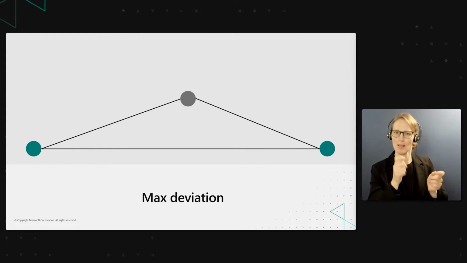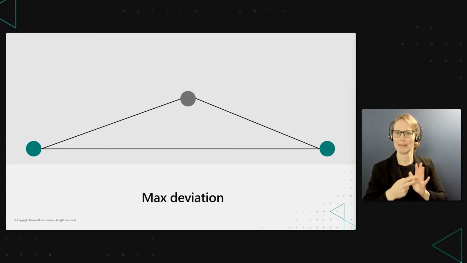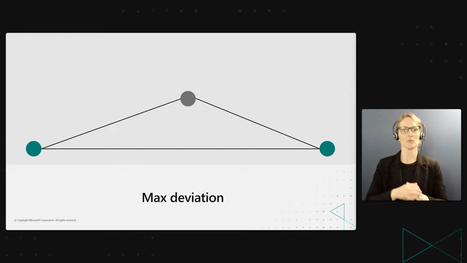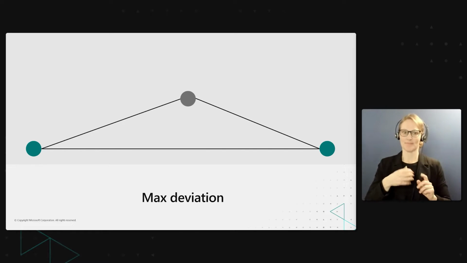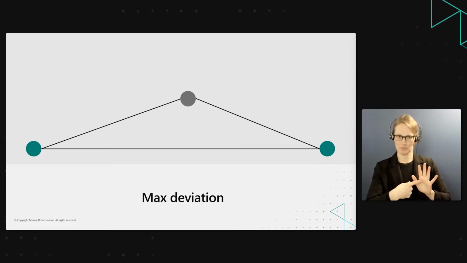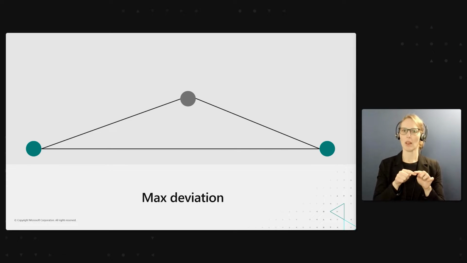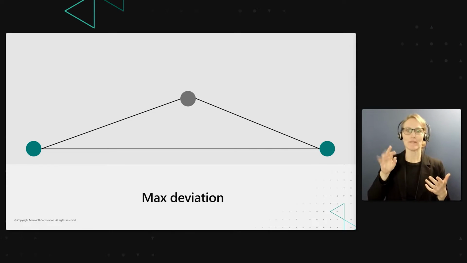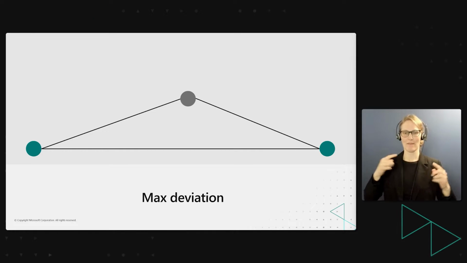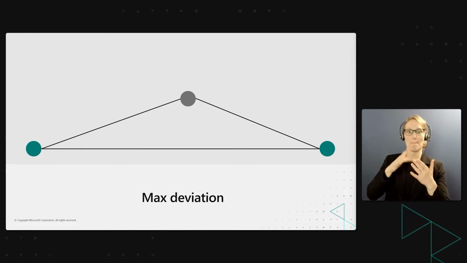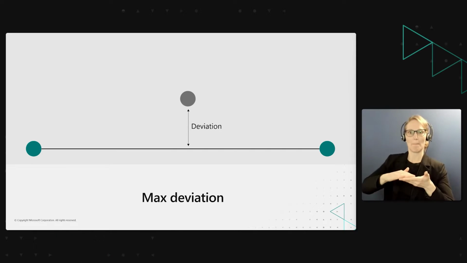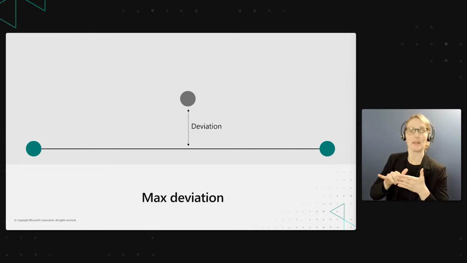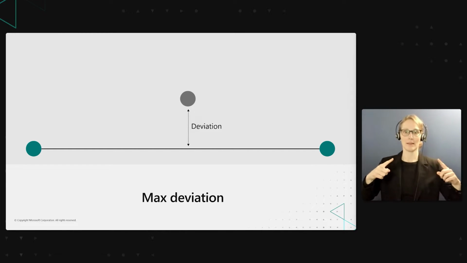So what does max deviation mean? Well, here's an example of a triangle, or actually a surface, where you have a vertex in the middle that is now going to be reduced down to the plane in the middle or the lower plane. So if we do that, what happens here is basically how much a vertex is deviating from the original position. And that's basically what we're deciding with max deviation.